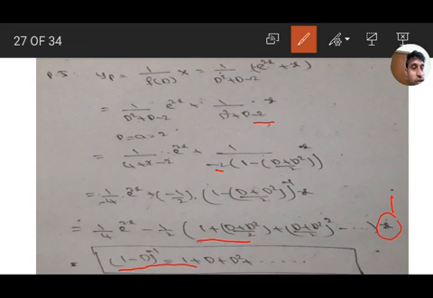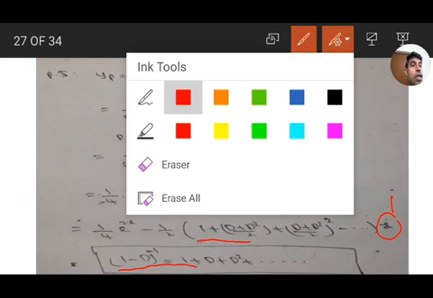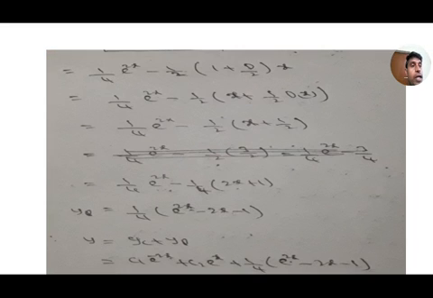So if we simplify this one, 1 plus d by 2 plus d square by 2 and d square by 4 and so on, we take only 1 plus d by 2. Then differentiating term by term, the derivative of x is 1, and simplifying we get the answer, that is yp. The general solution is the complementary function plus the particular integral. Next, move on to the next problem.